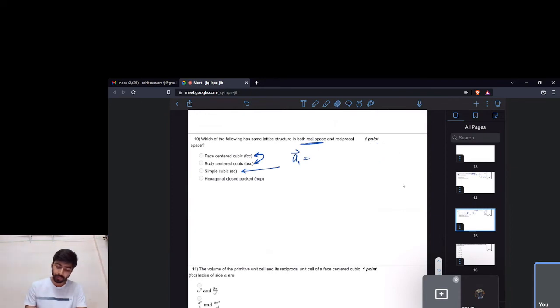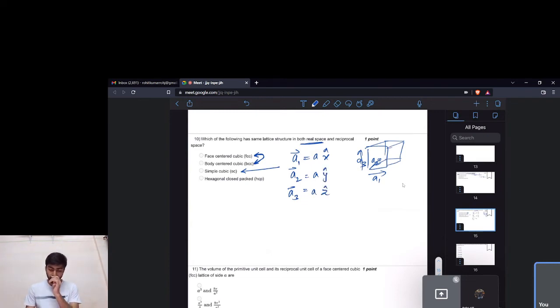Let's say this has a1, a2 and a3 in the x, y, z directions, and since we have magnitude the same as a, the length of the cube, if one constitutes the reciprocal vector out of it,